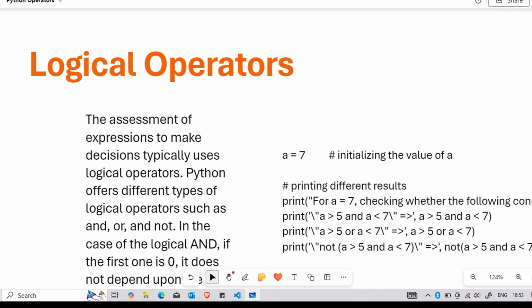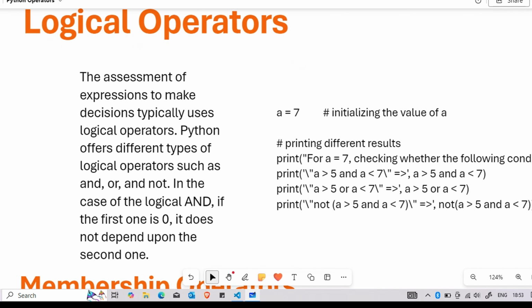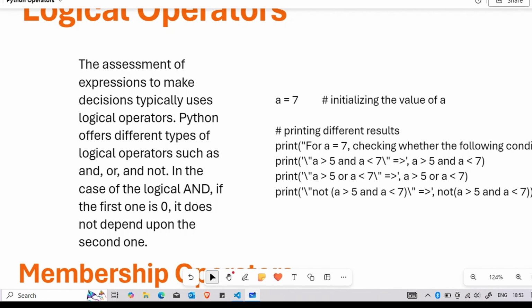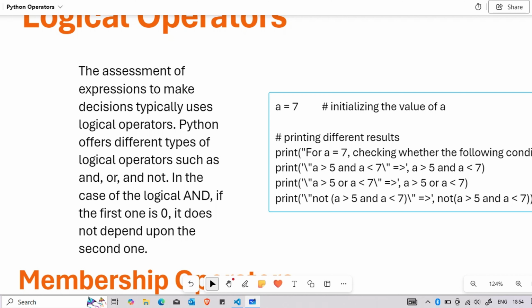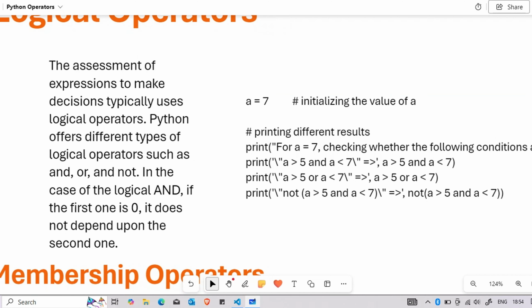So now let's understand the logical operators. So what are logical operators? The assessment of expressions to make decisions typically uses logical operators. Python offers different types of logical operators such as AND, OR and NOT. In the case of logical AND, if the first one is 0, it does not depend upon the second one. Means, like you can understand here,